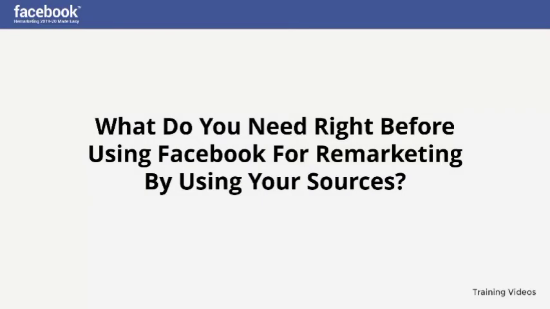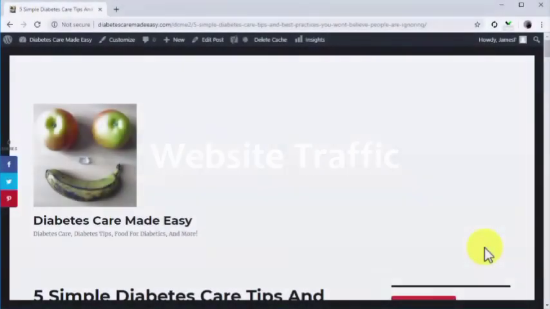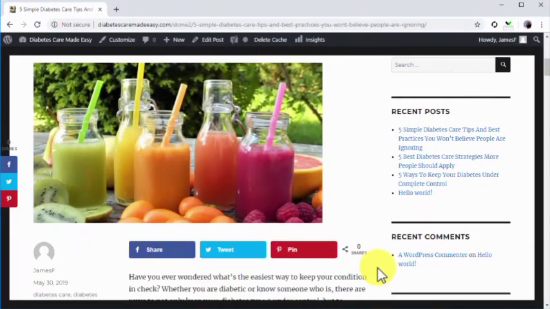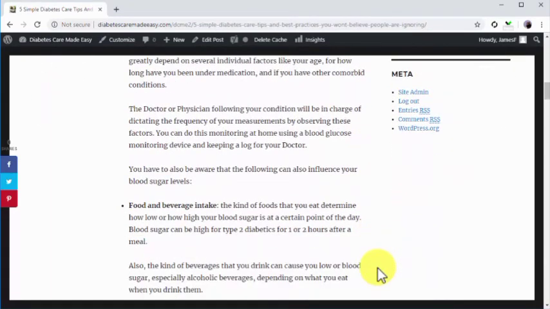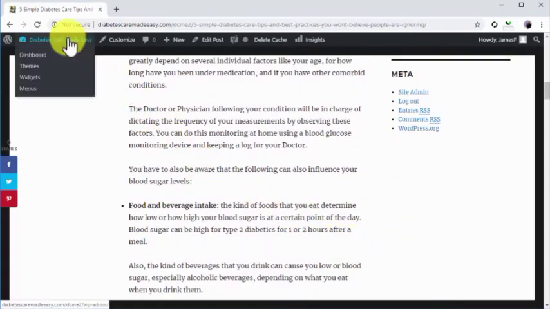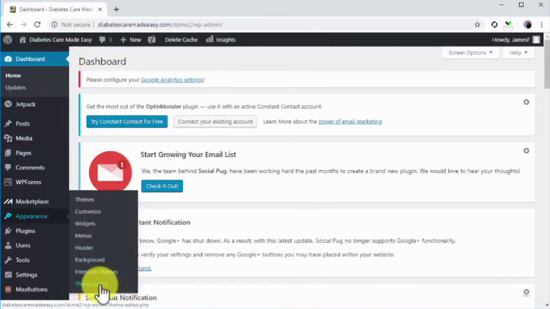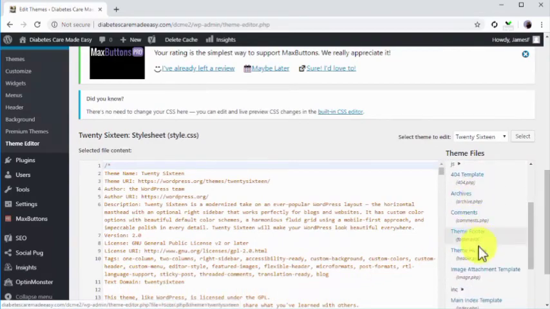What do you need right before using Facebook for remarketing by using your sources? Website traffic. Creating a custom audience from website traffic is fairly easy, and the first thing you'll need is an active website with content that attracts a healthy amount of traffic. It is important that you have admin access to your website's code. For example, a WordPress website that allows you to easily access the code from the dashboard, and that allows you